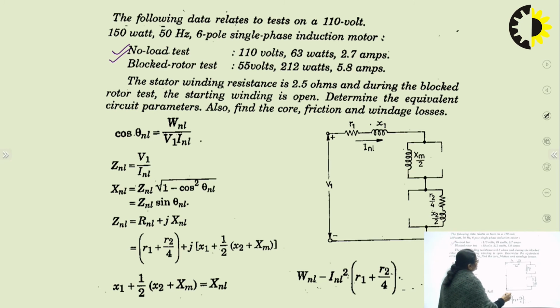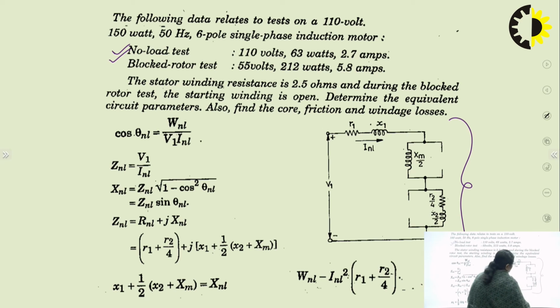The no-load equivalent circuit of the machine can be drawn like this. Under no-load condition, the operating slip S is very, very small, nearing 0. So, resistance R2 by S can be neglected in comparison with XM by 2, right? And in comparison with this particular branch, this branch was originally